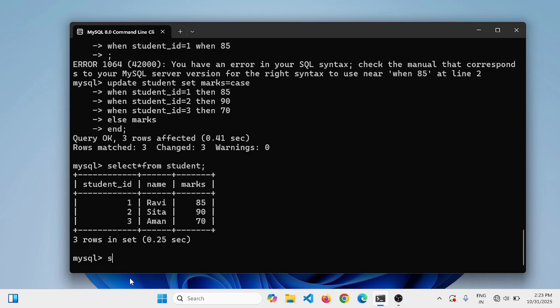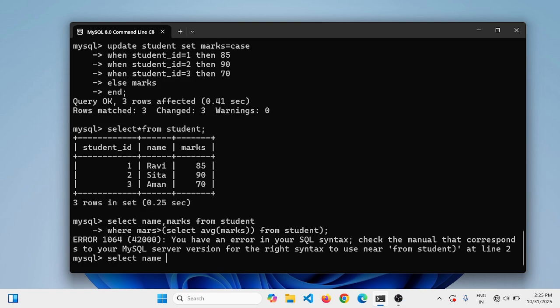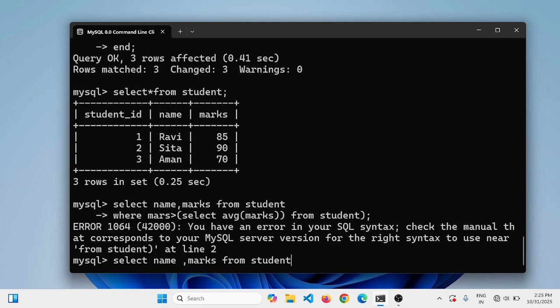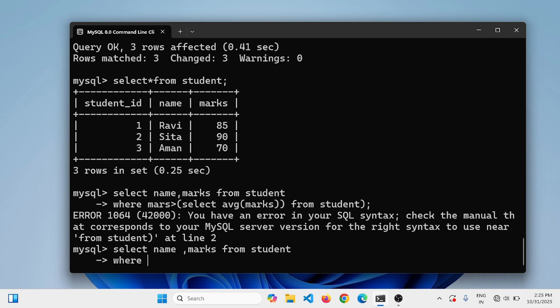Suppose I have a query: select name, marks from student, right? It should be visible to you. I selected the name and marks from student. Now, enter where the marks, right? This should be greater than, select